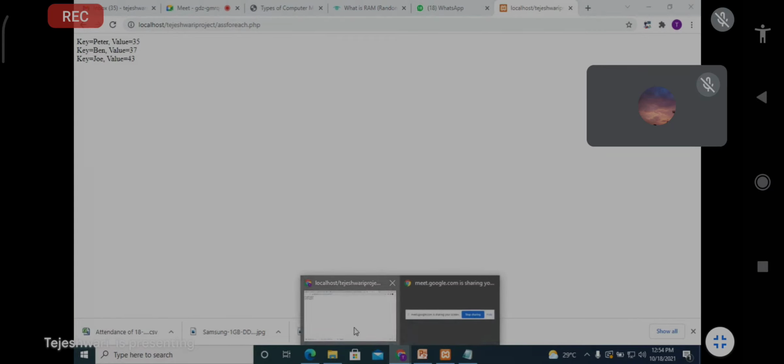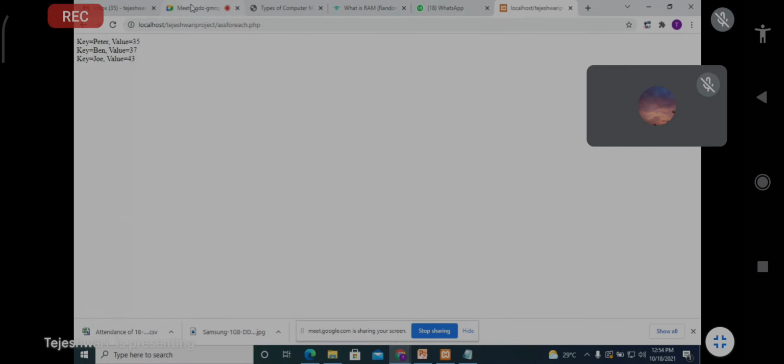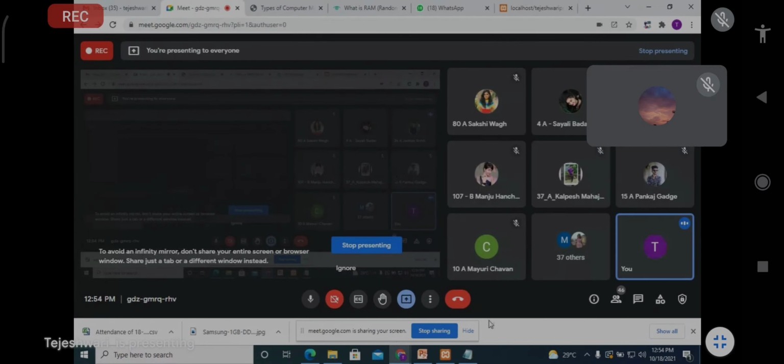You can see here Key=Peter, Value=35. Key=Ben, Value=37. Key=Joe and Value=43. Are you getting it? Yes or no, all of you? Yes, ma'am.